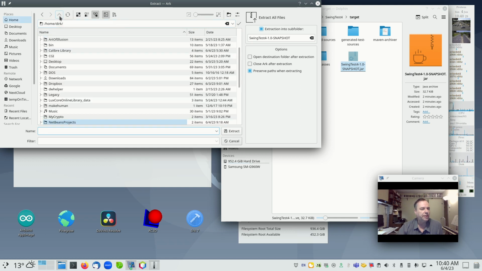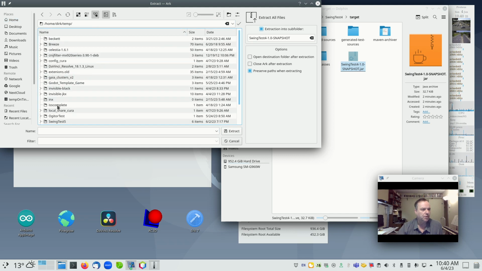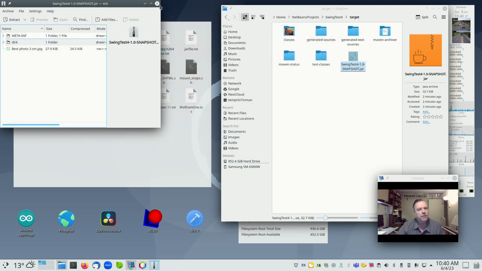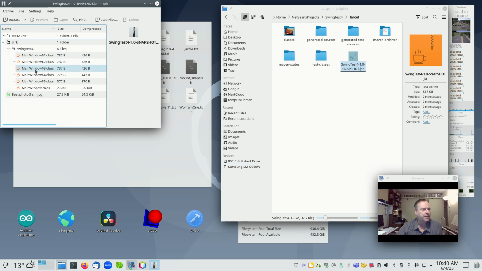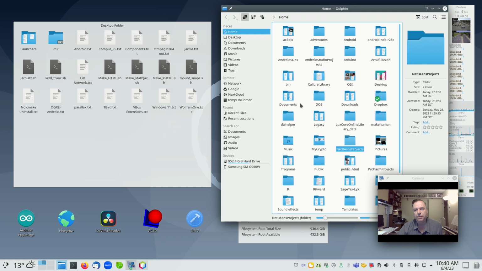And I'm going to extract this to a folder I call temp. I work with a folder called temp. Quite often I extract. That happens quickly. As you can see, the only thing that the archive actually includes is the classes that I defined myself. So now that I've extracted this archive into the folder temp,